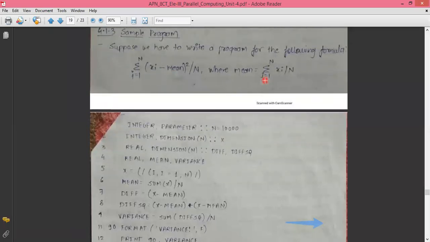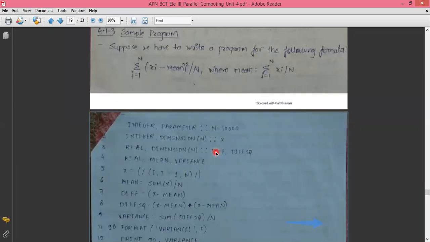Now, usually the favorite question for the university exam is: write a short note on the Fortran 90 programming language. In that case, you should be in a position to describe the whole thing given in the notes, right from the parallel programming model. Nobody gives you a problem statement saying please solve it by incorporating the parallel programming language Fortran 90.